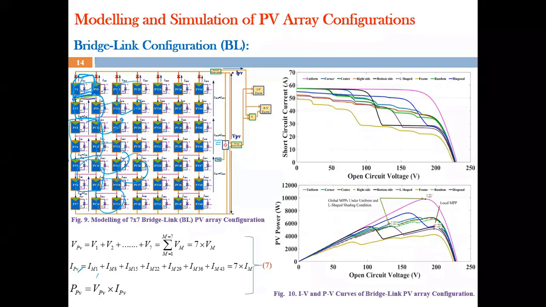I1, I8, I15, I22, I29, I36, I43. Understood? The first one will be equal to the second one, the third one. Here also the voltage across the modules you will consider in such a way that it will be the same.